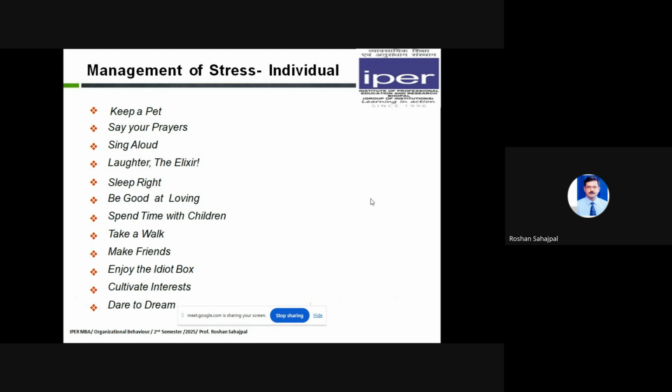Kapil Sharma show and stuff. Sleep right. If you take 8 hours sleep a day, naturally you will wake up with your batteries charged and you'll be able to take on the new day with vigor and full of energy. But if you lose out on your 8 hours sleep, then again it will pile on your already stressed levels, leading to a negative condition.